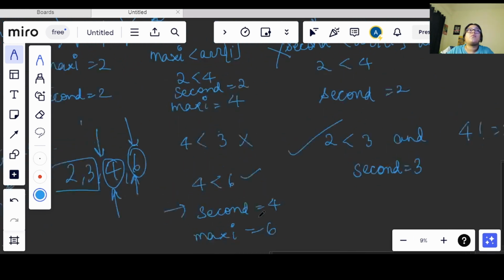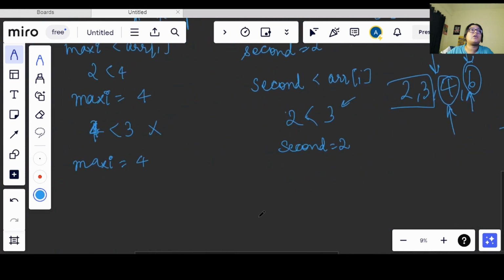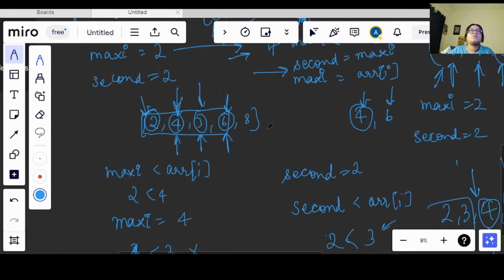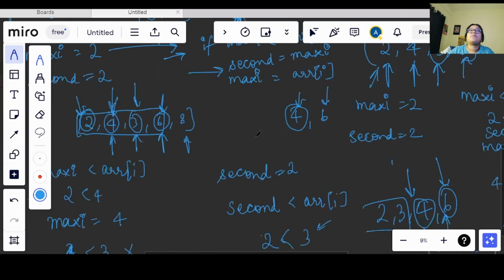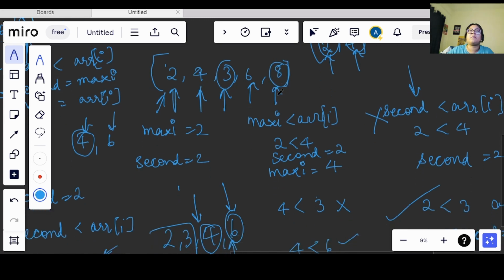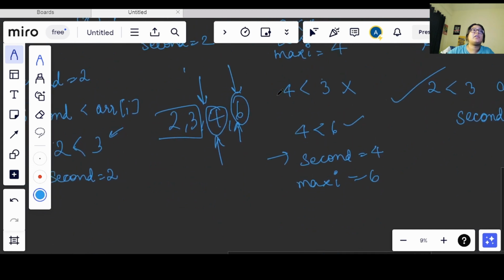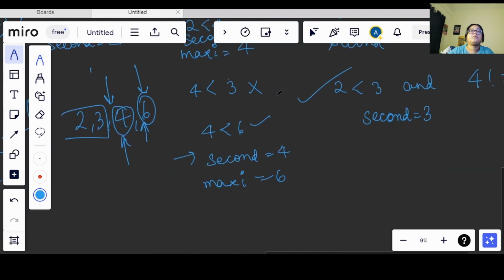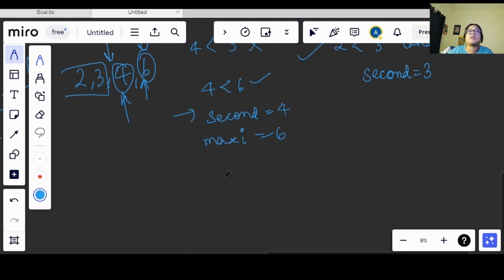Now let's move on to the previous one. So here we have 8, okay, we will be updating in this only because in this we have added all the required conditions. Now I have added 8 here also. This 8 that I am having will again get compared. My maxi is 6 here, right?